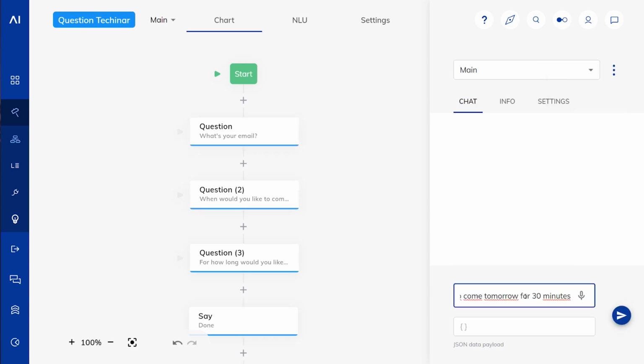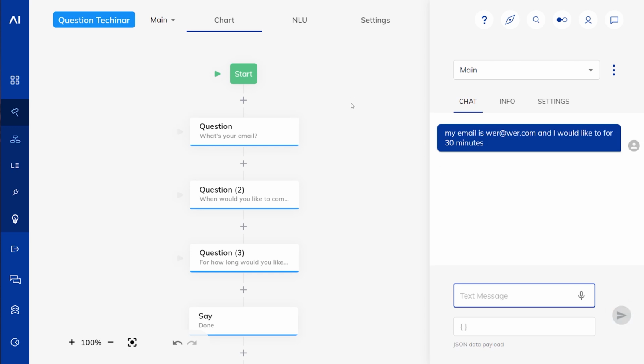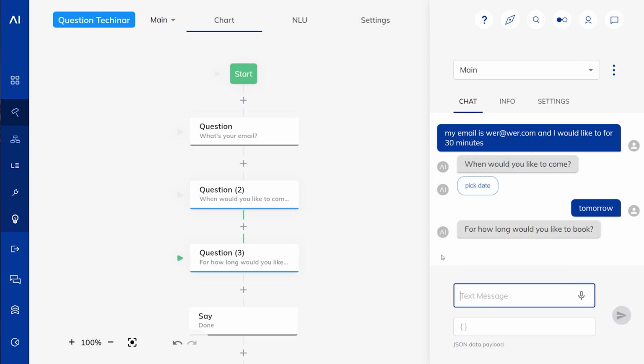Also great. But what if I don't skip the last one, but I skip the second one? Well, I skip the second one in my input text, meaning I don't have the information for the second one. Now the first one is answered, the second one is not answered. But what if I now answer the second one? It will ask me the third one. And why is that? Because the third one hadn't been hit yet. So it has not been stored because it wasn't in the input object when this third question was hit. So how do we handle that?